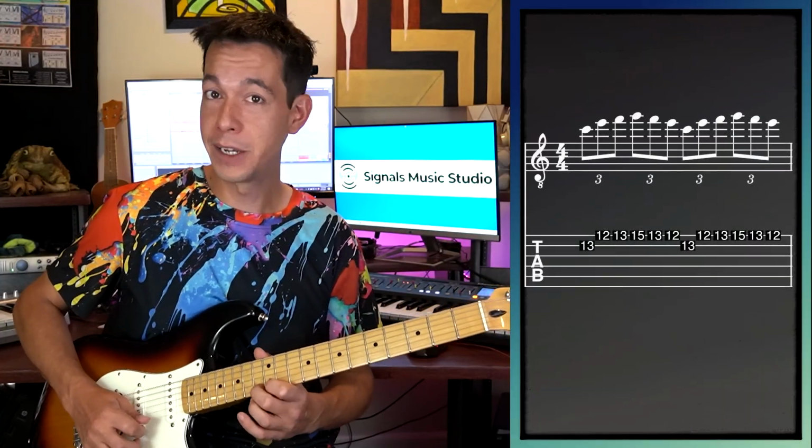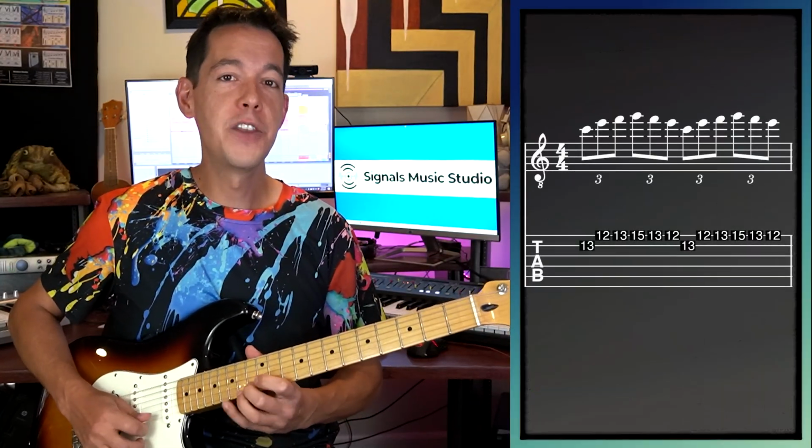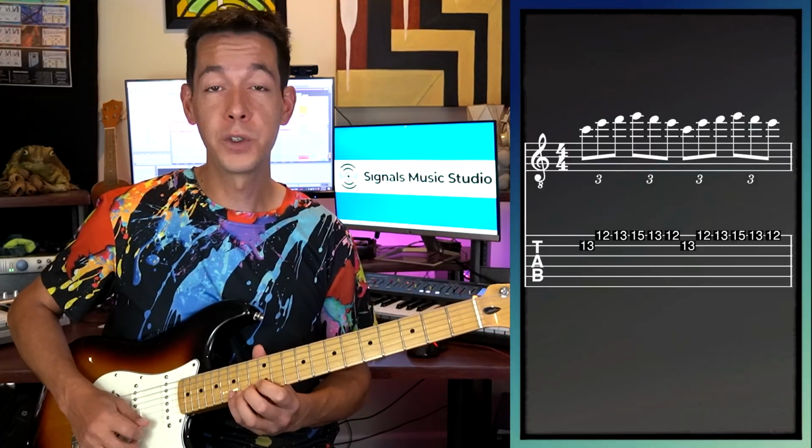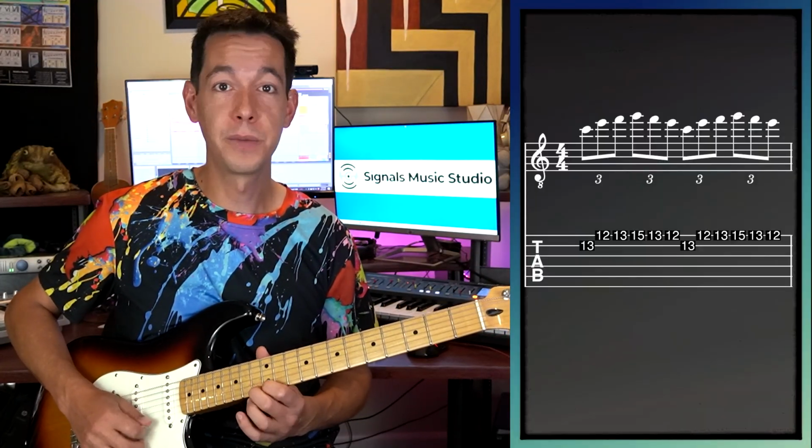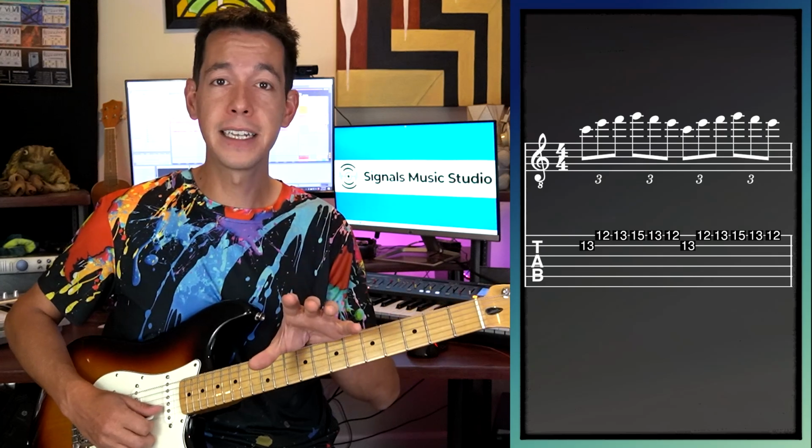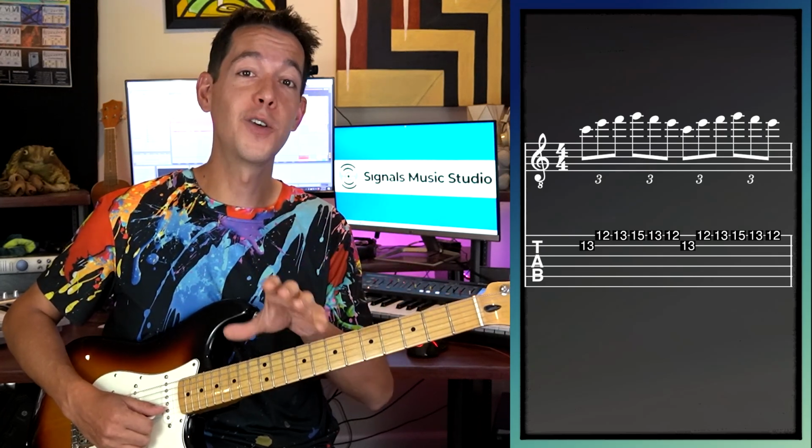We're going to go up the arpeggio and then back down. And you can count this as triplets. 1 triplet, 2 triplet, 3 triplet, 4 triplet, 1 triplet, 2 triplet, 3. Try to get fast at that on all the different shapes, and then you'll be ready for the next part